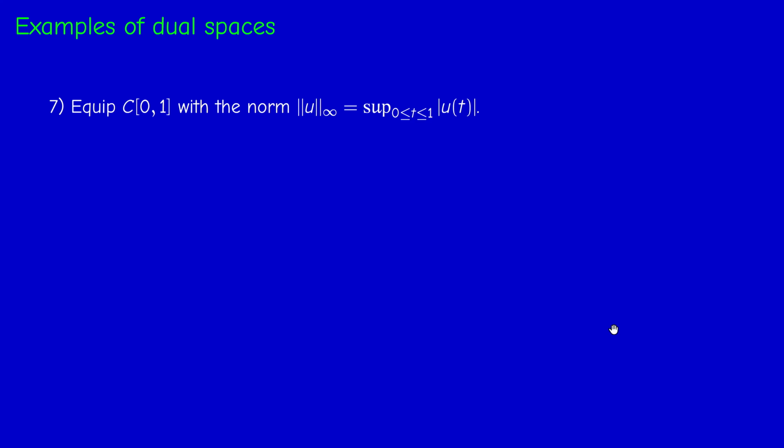And yeah, last example, the space of continuous functions on [0,1], denoted in this way. You can drop the parentheses actually. This is the modern notation used by functional analysts. To simplify, we drop the parentheses. And this is the norm of uniform convergence, or the supremum norm. And it's actually the maximum. The sup is a maximum here, because if u is continuous and [0,1] is compact, then the supremum is a maximum. Now, it's a little bit difficult to describe the dual of C[0,1],